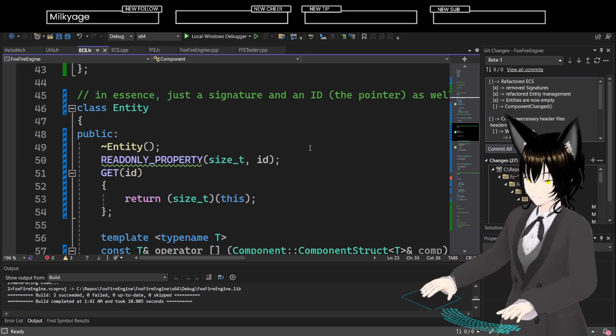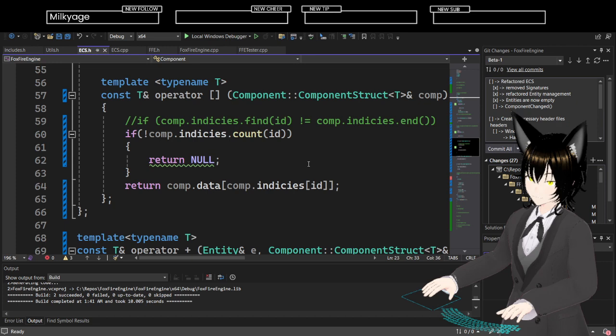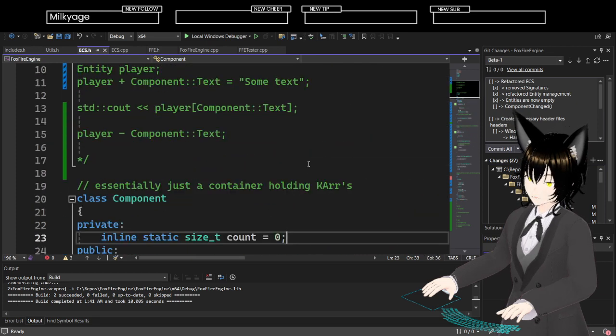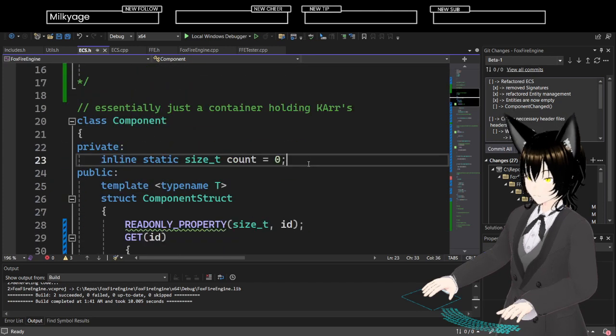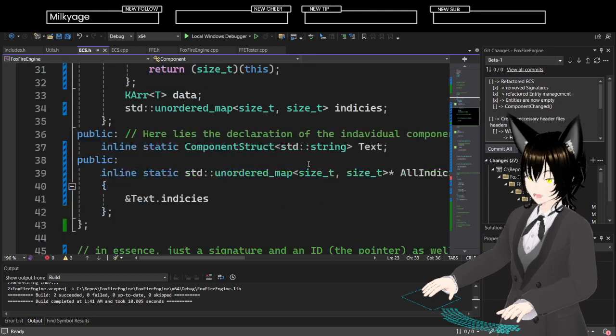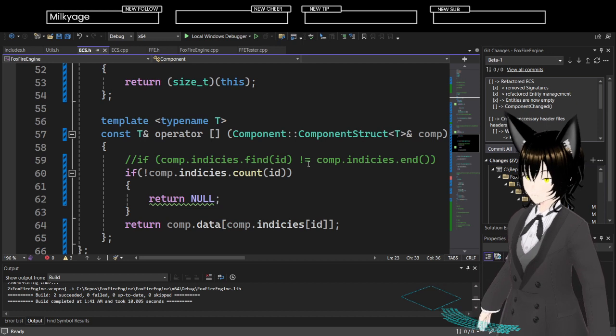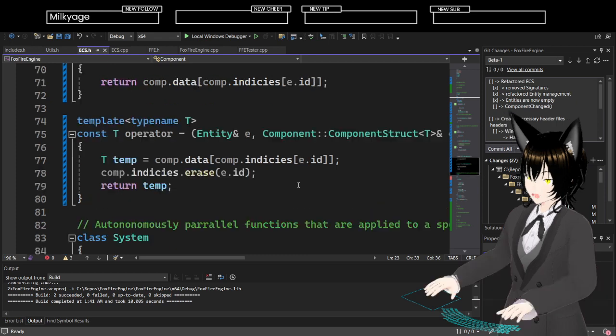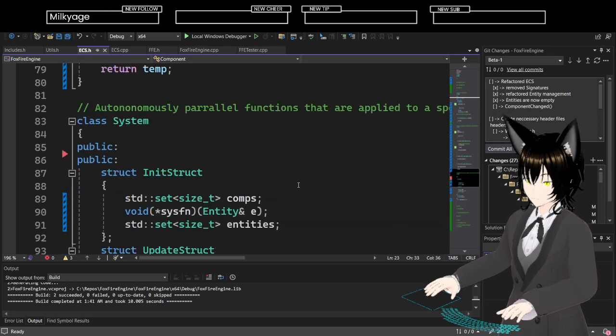There are ways of making entities literally free, or at least not take up any more memory than a component would. But I feel like the memory footprint ratio is so out of whack that it literally wouldn't even matter, you know.